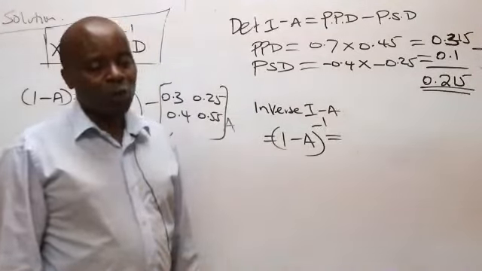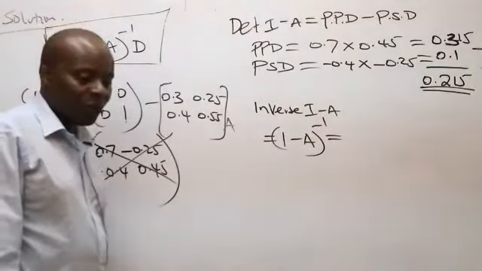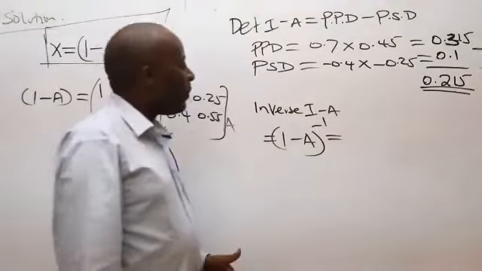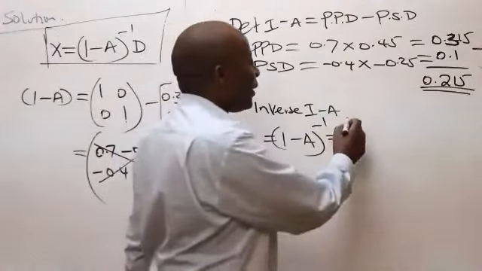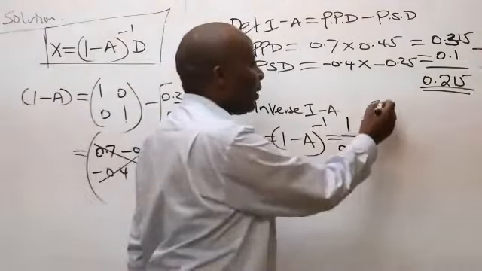0.215. Thank you very much. So this means the inverse will be 1 over the determinant,